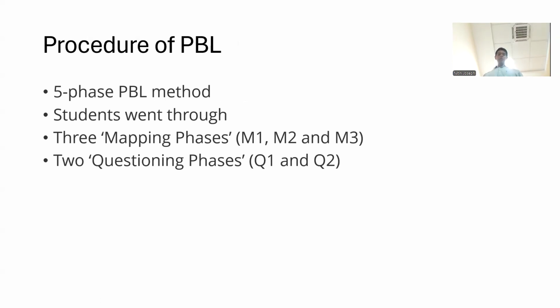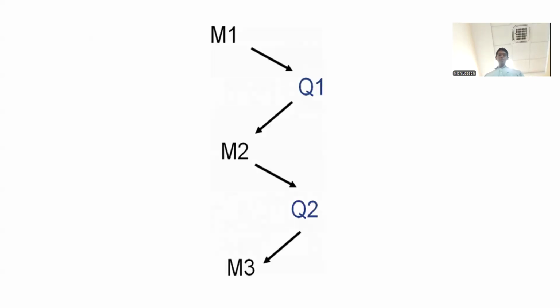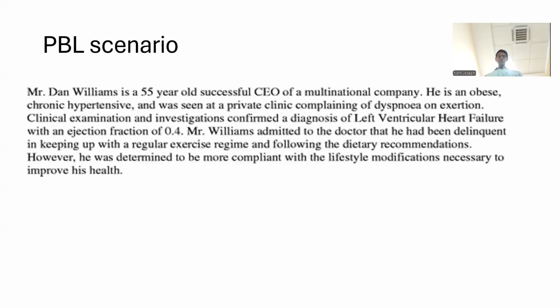Except for M3, all the other stages occurred during the brainstorming session, and after the 1-week self-directed learning period, the M3 phase happened. So what happened in the M1 phase? This was the PBL scenario which was given to the students, and in the M1 phase, with the help